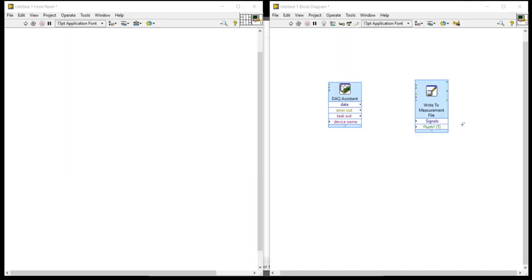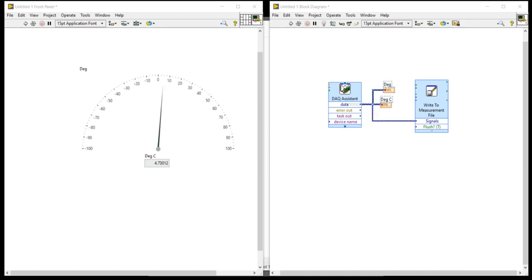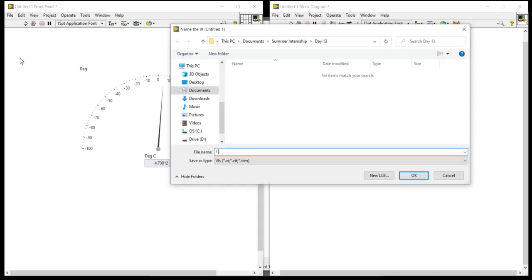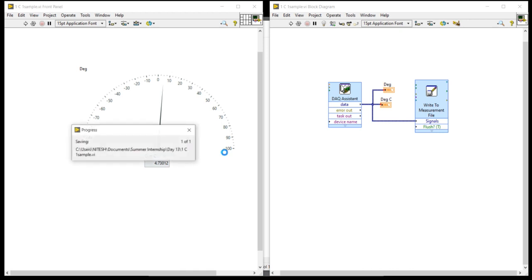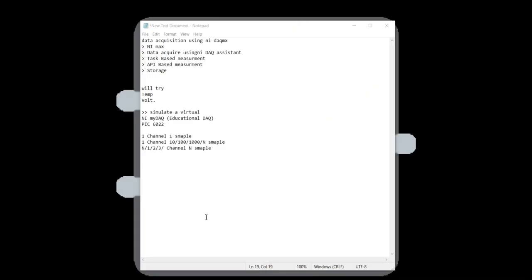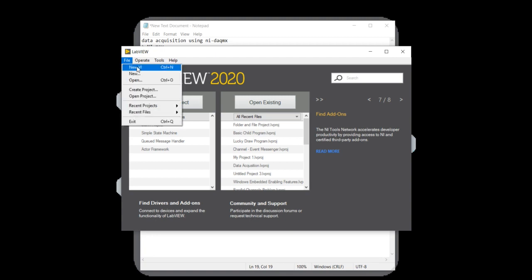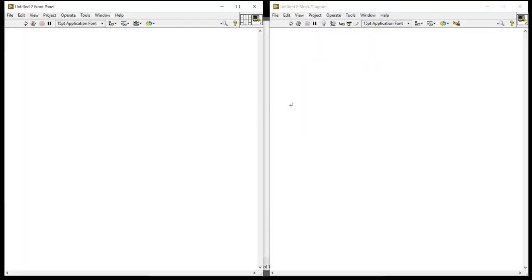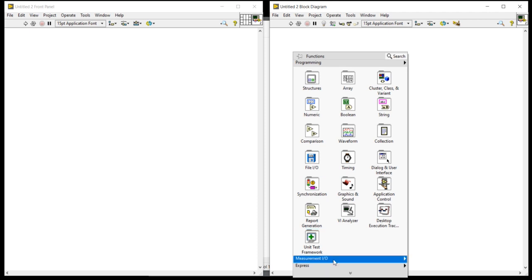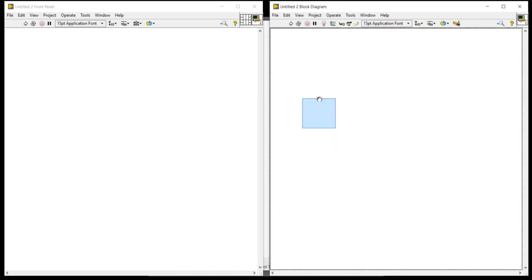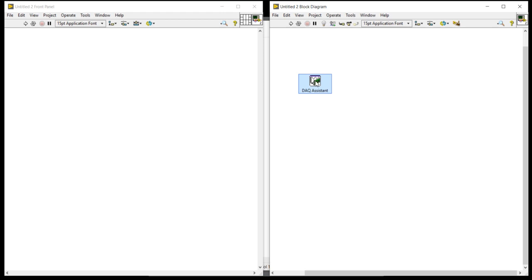Sorry, I need to save the program first, one channel, one sample. Then right click, come here and take DAQ assistant again.